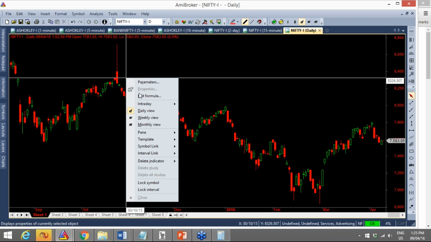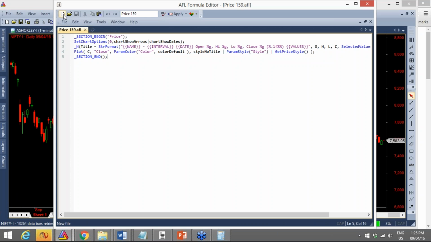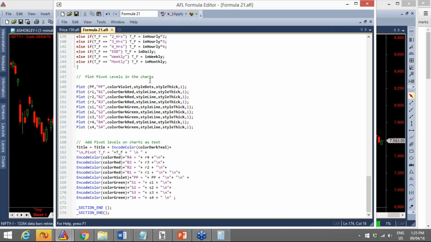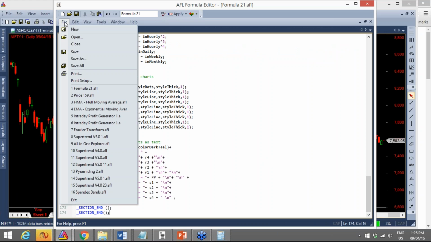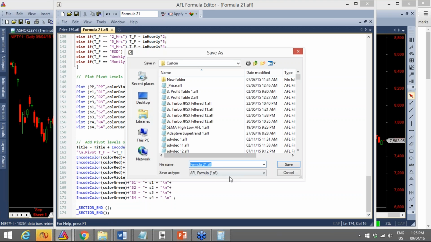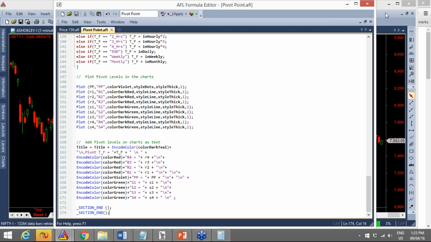Right click, edit formula. I'll give a new formula. Okay, I paste this. Now I'm going to place this and save this as an AFL file. By default, it has an AFL extension here. Let's say I'm just going to put it inside basic charts. So I name it pivot point. Okay, so now I'm going to apply this